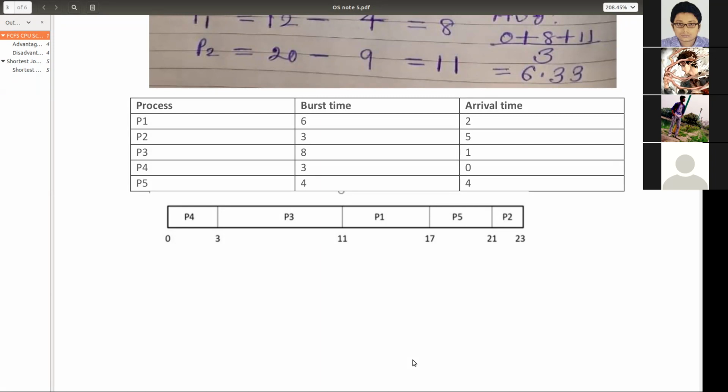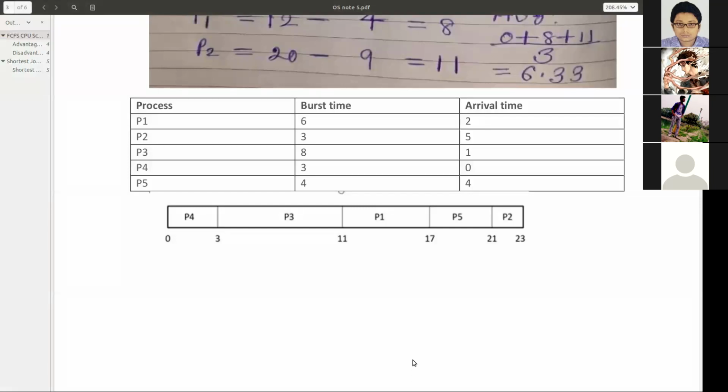It may happen, no problem. So after 2, we will go to 4 as given in the question. You don't think that the question is wrong, that at time unit 3 there should be some process. No, at time unit 3 no process has arrived. It may happen. So we will directly go to arrival time 4 and we will find that process P5 is there. Process P5's arrival time is 4, burst time is 4. So 17 plus 4, it will be 21.